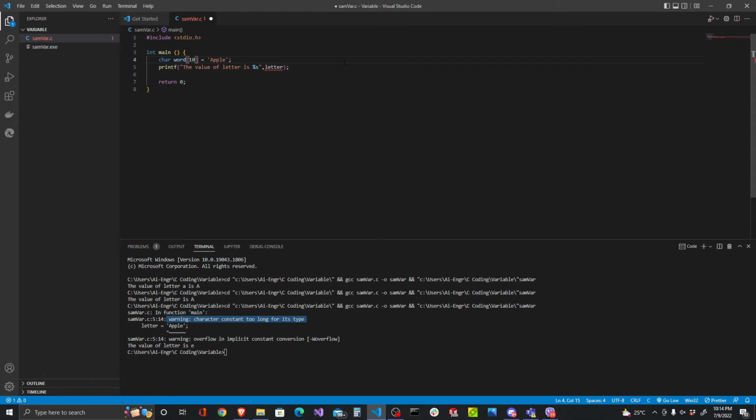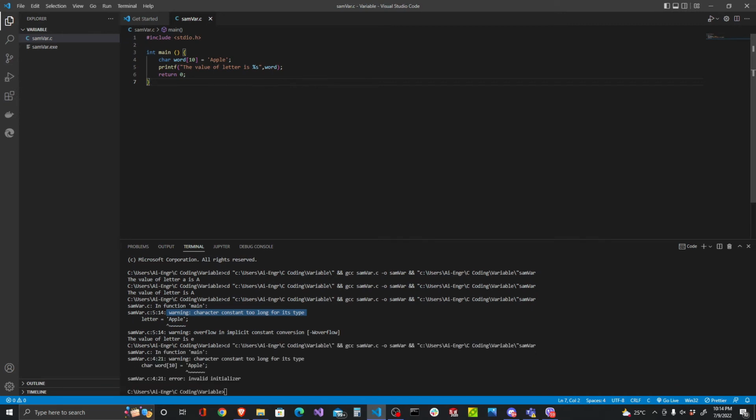So the variable has a capacity of 10 strings, so more than that it cannot print out those exceeding letters inside of that variable. So there's an error in here because there's no letter already, there is only a word, and that is how it is. And then let's try to save and run, and then as you can see in here, oh, there's